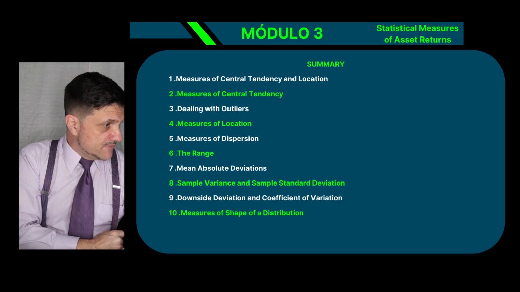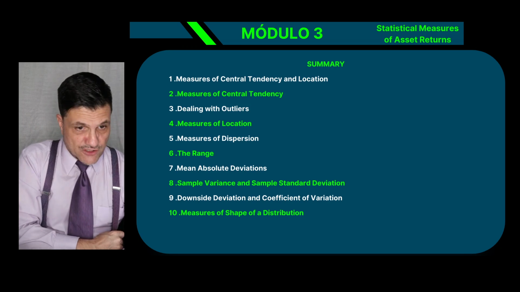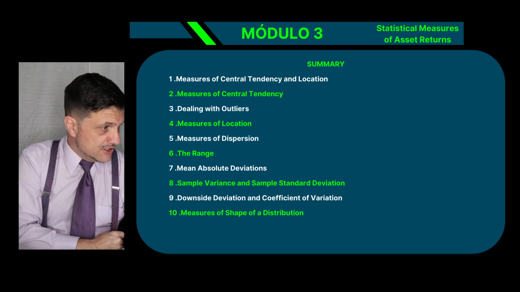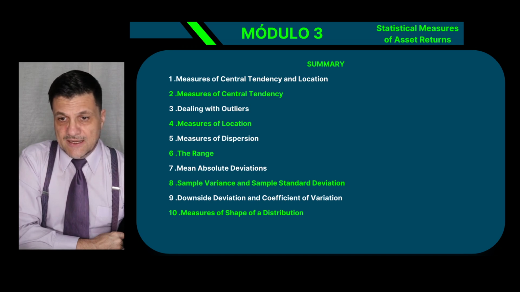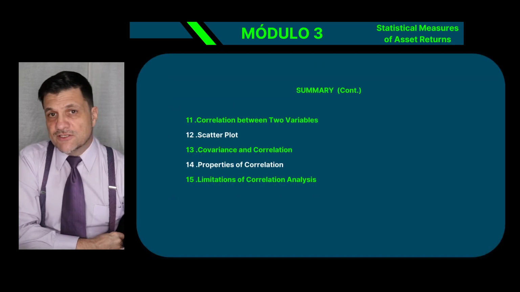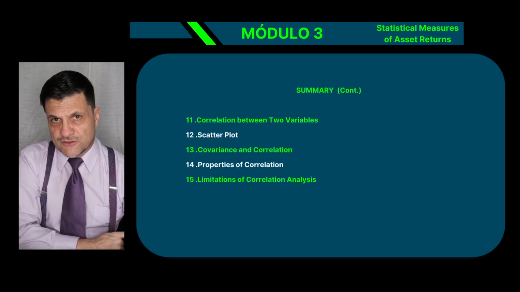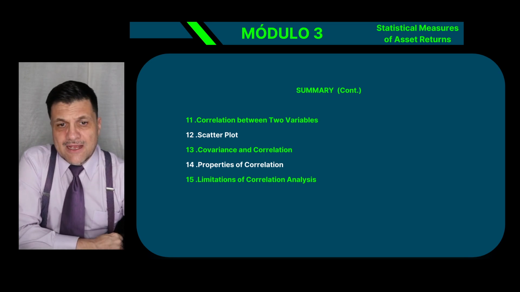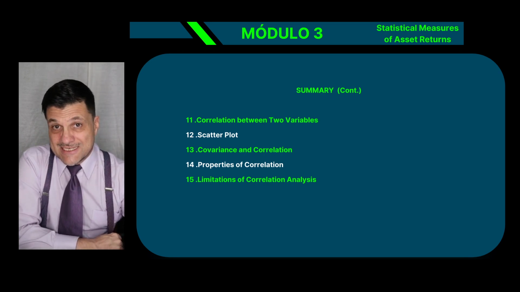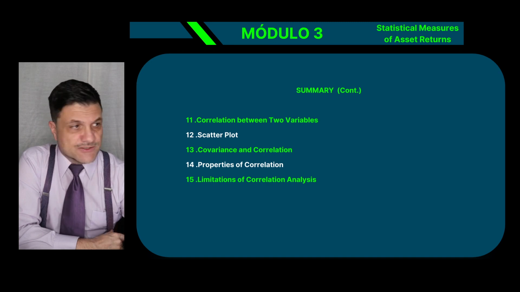What else? We have measures of shape and distribution. Measures of the shape of a distribution, such as the normal distribution, are another type of distribution, but I believe it's a little bit too soon to mention those here, so I'm not going to talk about that yet. We're going to have another module to discuss precisely the probability distributions. All right, let's finish here the key points with